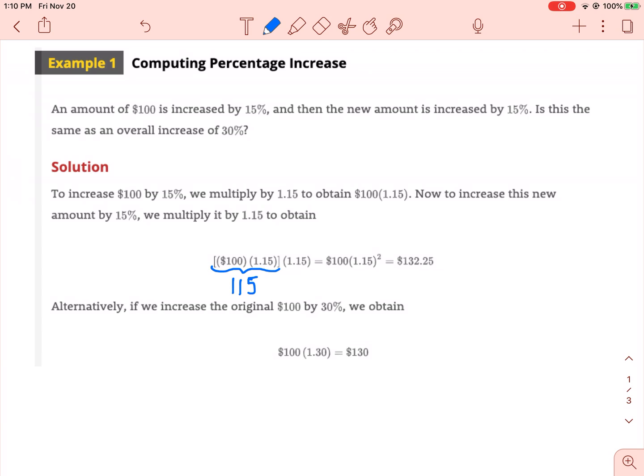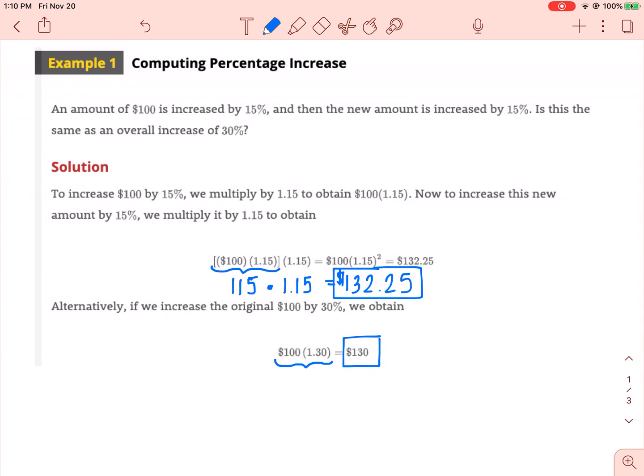Then you now want to increase that amount by another 15%. So you're going to multiply that by 1.15. And notice you will get $132.25, which is exactly what it said you would do in the math above. So you raised it once by 15%, then again that new amount by 15%. However, if you increase it by 30% from the get-go, you would do this multiplication, increase by 30%, and you would get